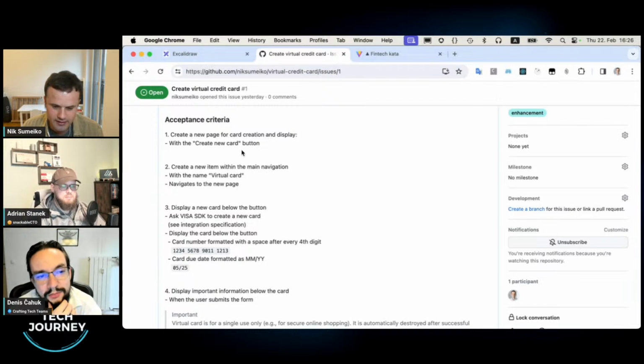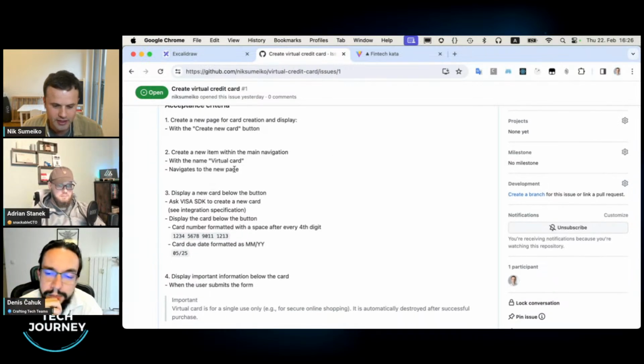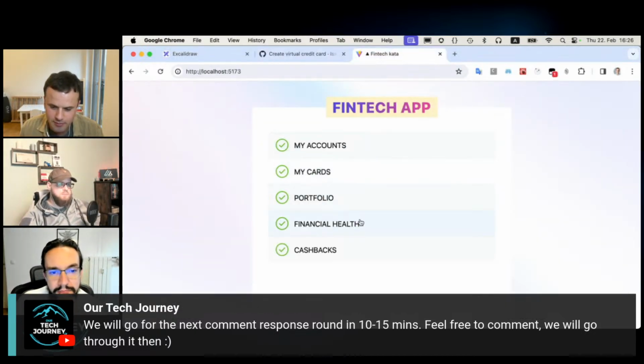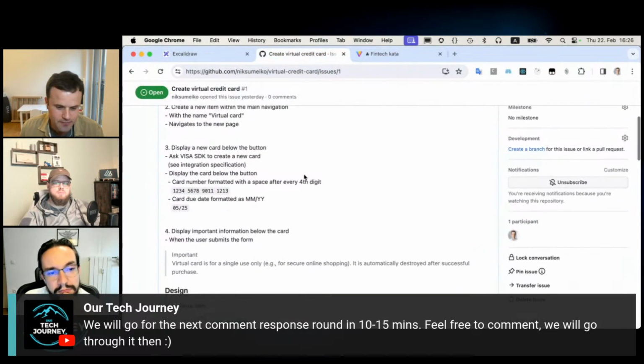There will be some button, probably, which we will click, that will create a credit card and display it. We need to enhance our main navigation with a new item. So when clicking it, I bet somewhere here in between these, it will navigate to that page.